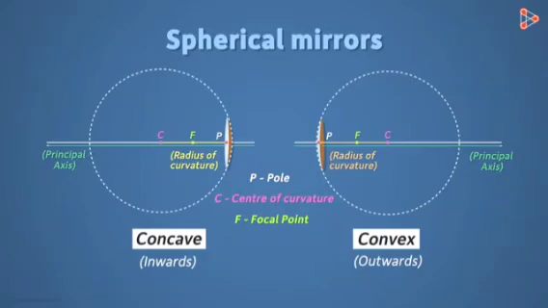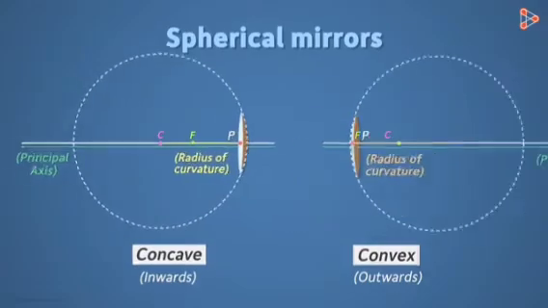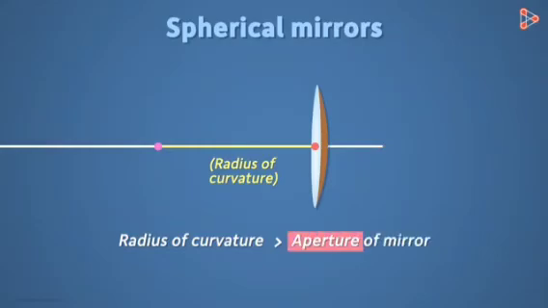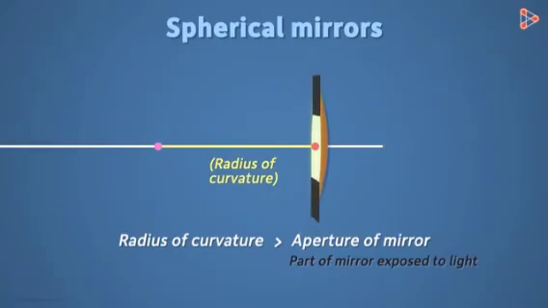We will talk about one last thing in this video. And that is an assumption that we are making all along. We are assuming the radius of curvature of a mirror to be much greater than the aperture of the mirror. Aperture, in simple terms, is that part of the mirror which is exposed to light. In our mirror, this is its aperture, since light can be incident anywhere in this region. If we hide some part of the mirror with an opaque substance, then its aperture is reduced. Mathematically, it is this length.